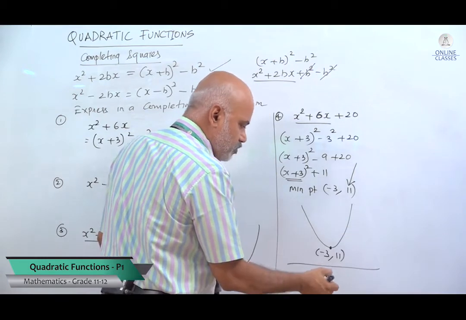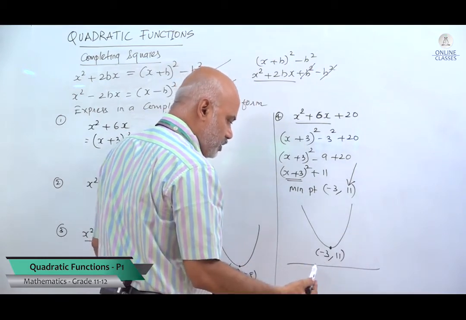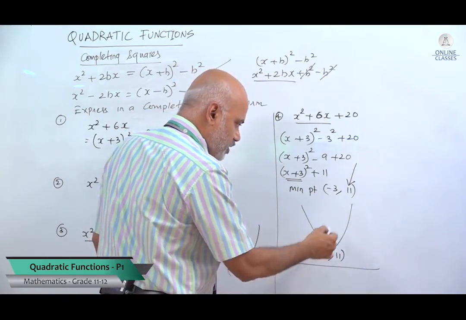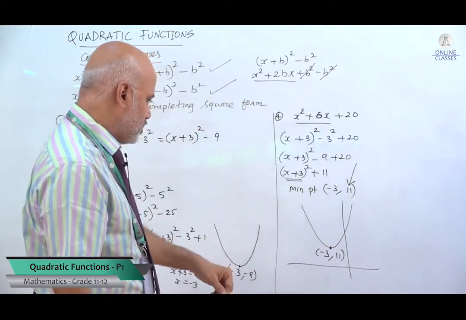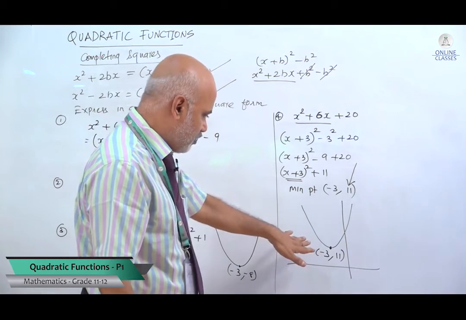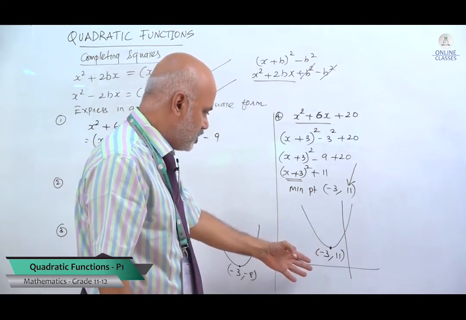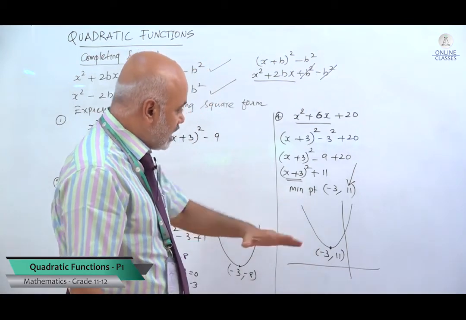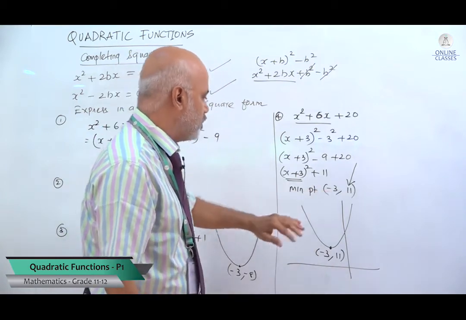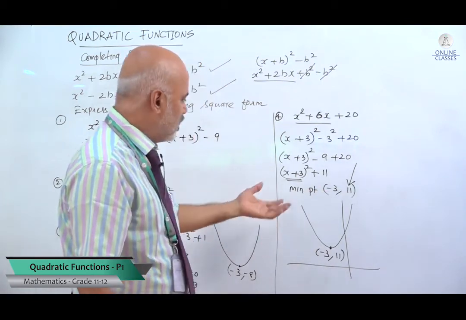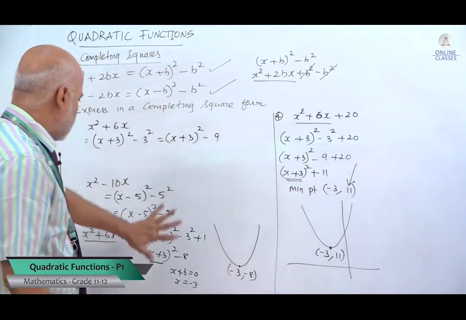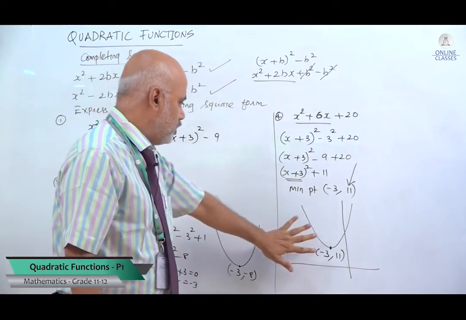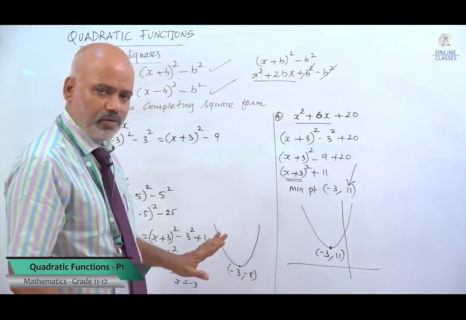The next is basically what here? I can easily fix my y-axis. How is it possible? Here x is negative. That means your y-axis would be like this. So what happens to this? In this graph, this quadratic function, you don't have solutions. So that is the linking content based on the minimum turning point, right? We will do one full example based on this. So hope that how to find the completing square, and at the same time how to do the simple sketch, is clear for you all.